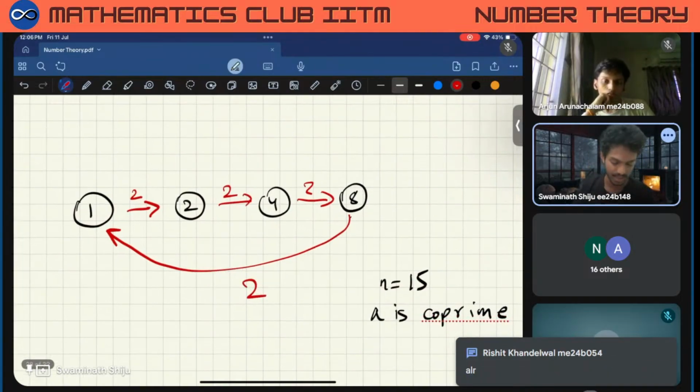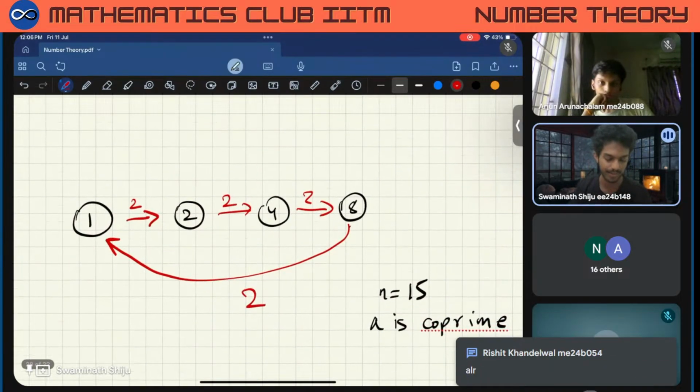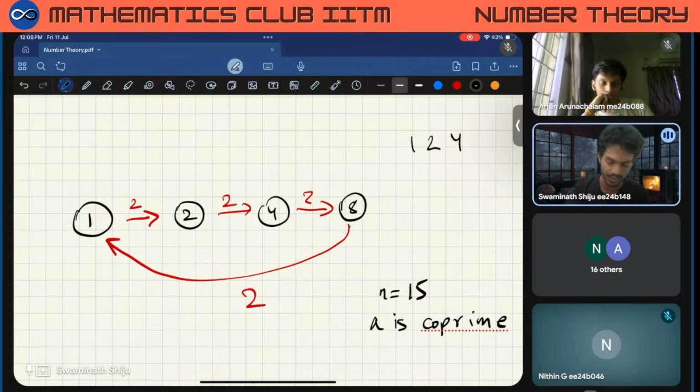Okay, anyway, now this is only 4 of them, but if you write down the co-primes of 15, it's 1, 2, 4, 8, but then you also have 11, 7, 5, and 14. These are also co-prime to 15, right? Now, how do you get those? One idea would simply be to multiply 11 to all of them, right? So if you multiply 11 to all of these,